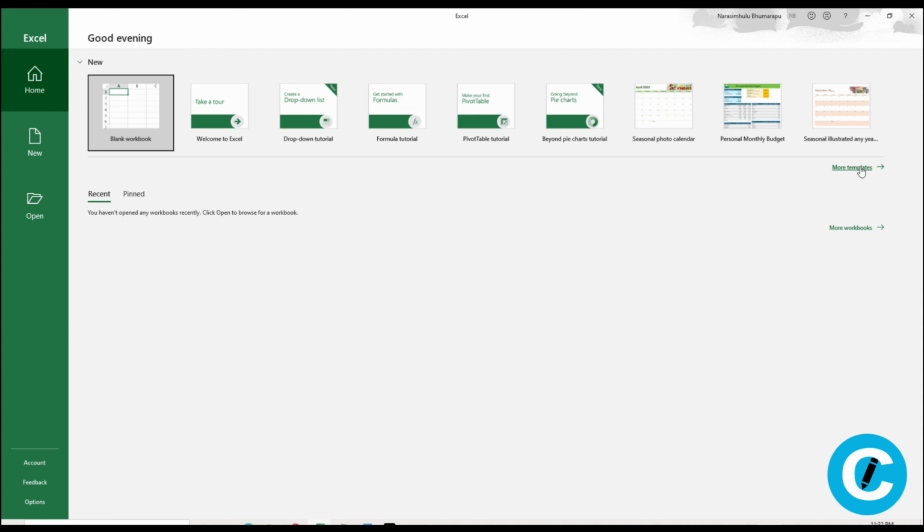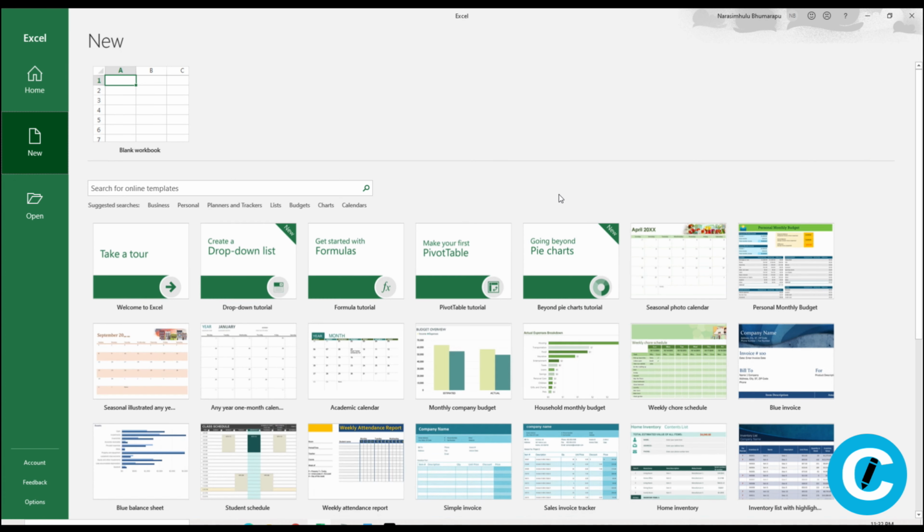And we can see one more option here. You can browse the different templates which are available online, and you can modify according to your requirement. I would encourage you to go through the templates over here and modify according to your usage. But for this tutorial, I will be using the blank workbook.